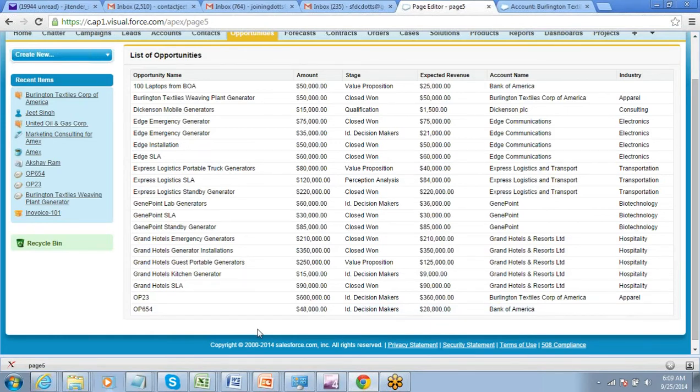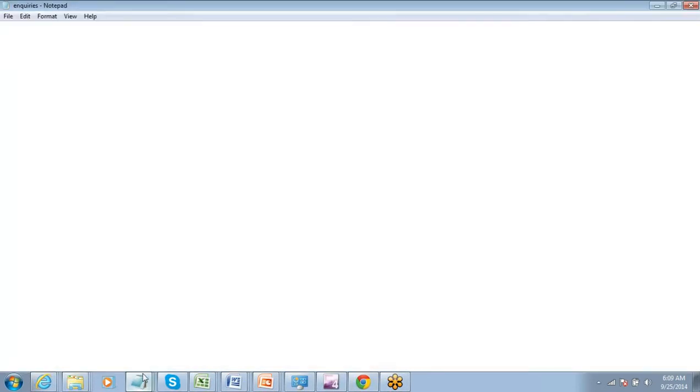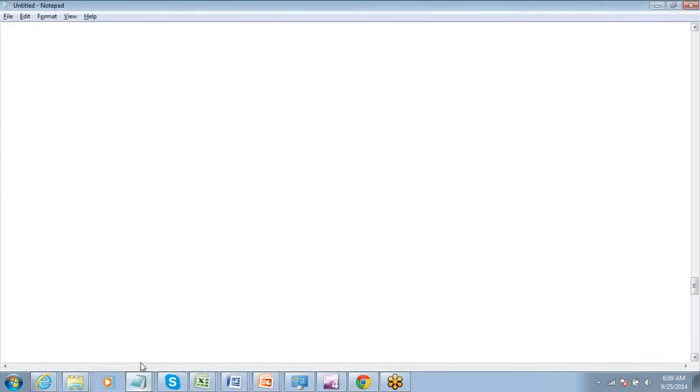To see those records, you have to do the pagination. For that, there are a few additional actions for the standard list controller, as I told you. We have an action called next, one called previous, one called first, and one called last.